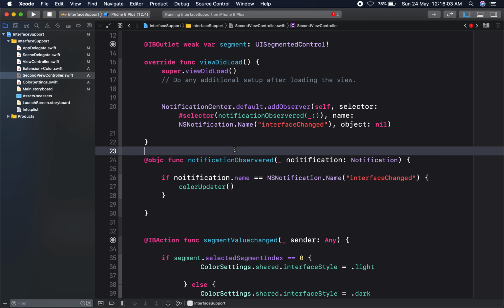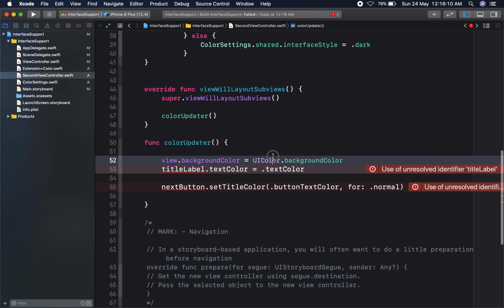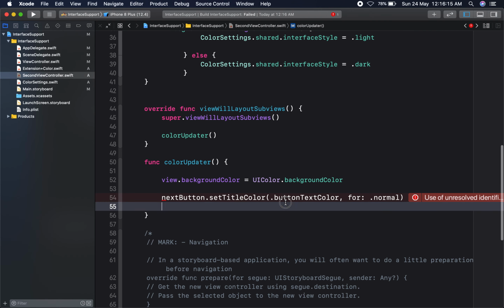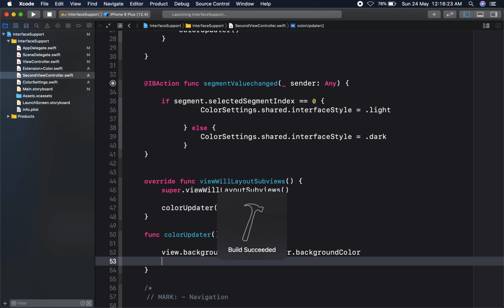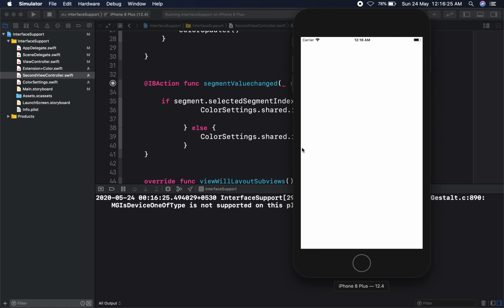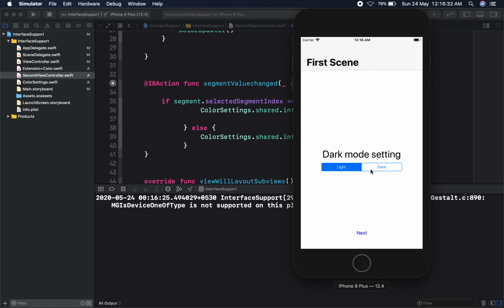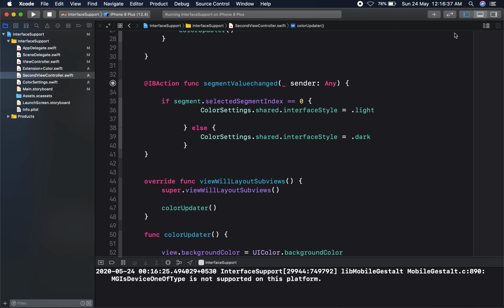Now I stop the running project and run again. Running again. Now view controller 2 will support dark mode. Check, it was done. Here